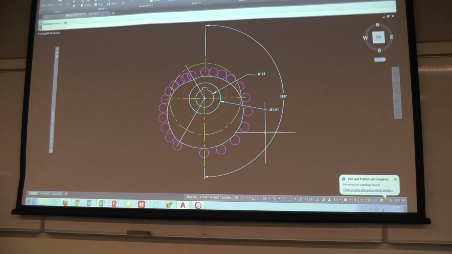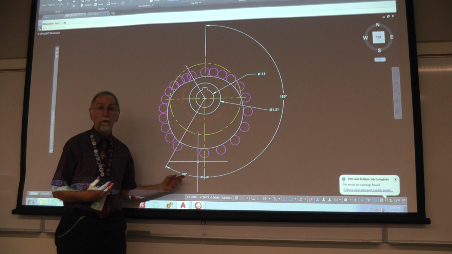So I've got my 180 degrees in here that I can do my text override on. If I go back to my angular dimension and pick this line and this line, well, it was not enough that it threw it off into 31 degrees. So honestly, I could probably leave it that way. And I can line it up. If it gave me an incorrect number, if this ended up being 31,